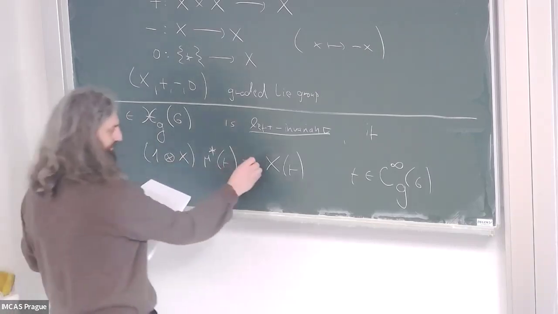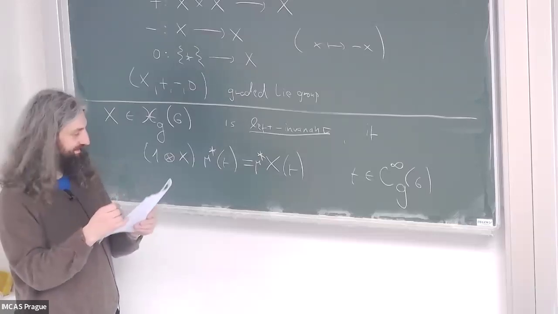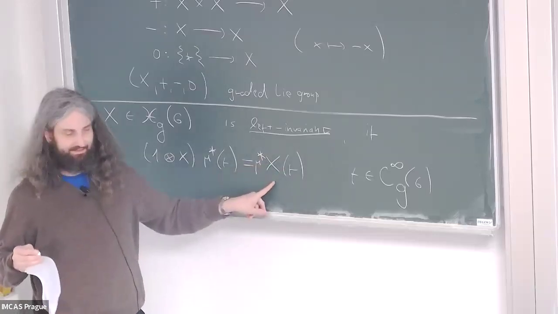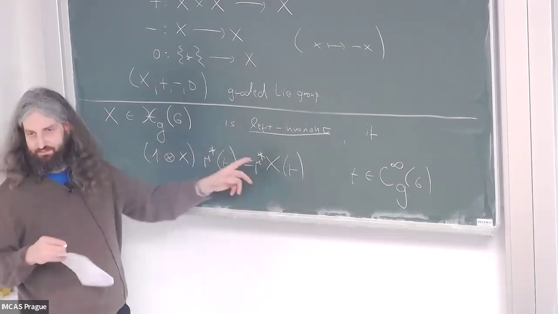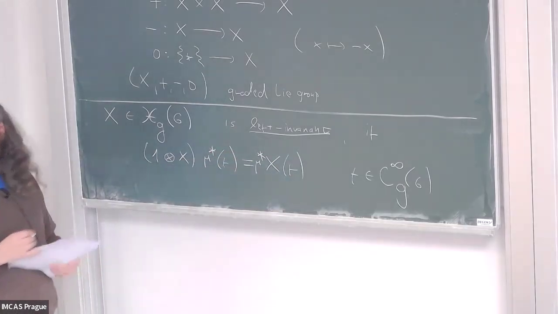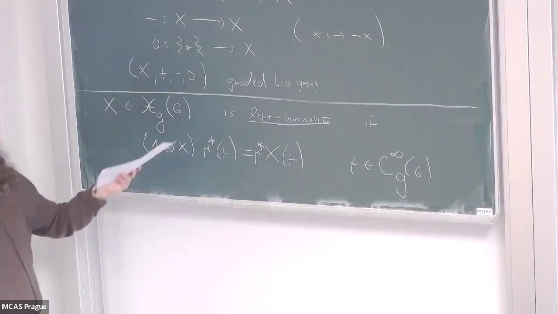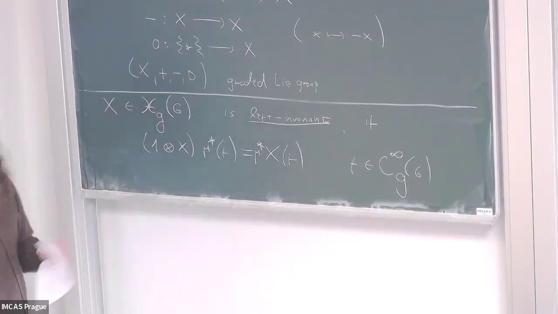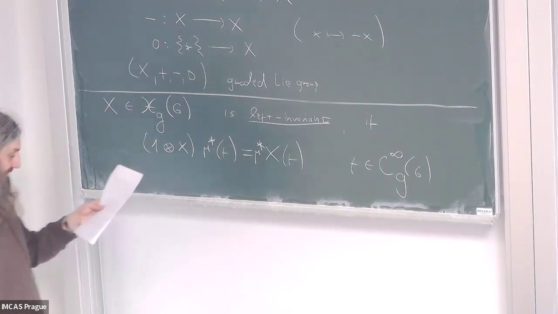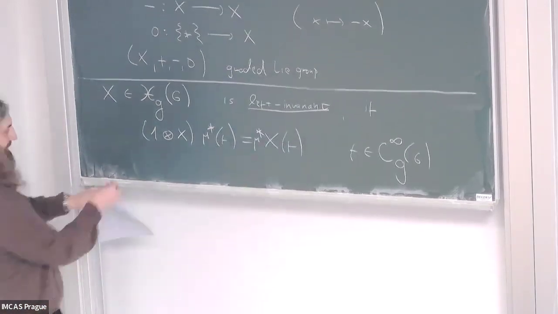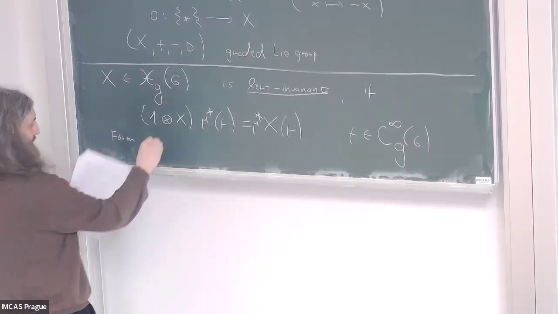And there's a typo, or there should be a typo. In my notes, there is a typo. Or you can first act by X, this is a new function on G, and then pull it back using mu. And if those two operations kind of commute, then you call the field left invariant. If your graded Lie group is actually an ordinary Lie group, then this is just the usual notion of left invariant vector field, and left invariant vector fields form a Lie subalgebra